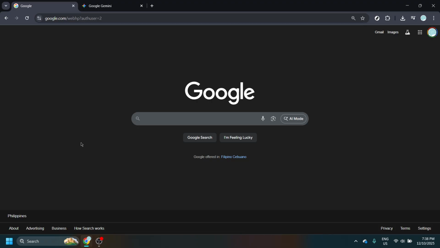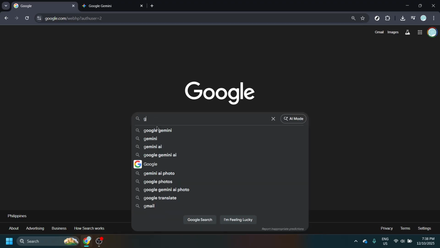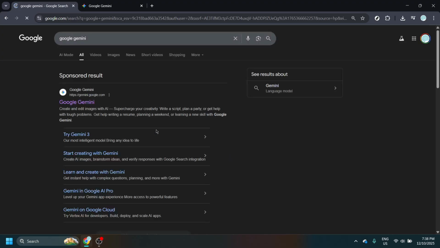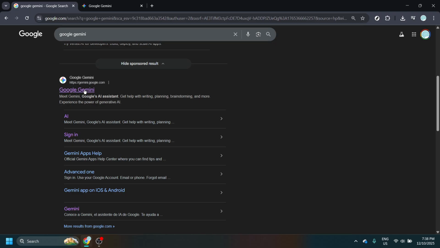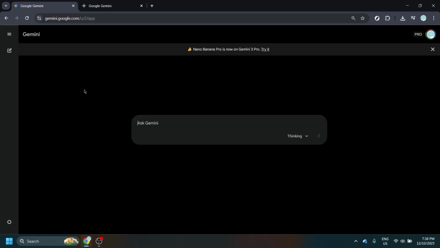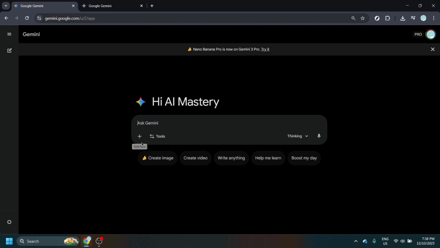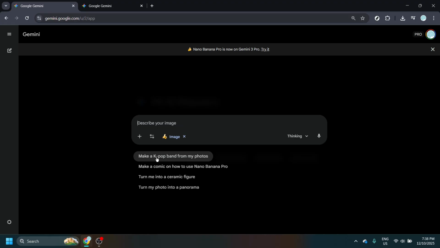In the Google search bar, type Google Gemini and press Enter. You're looking for the official Gemini page from Google. Click through to the site so you can use Gemini's creative features. Once you're in, look for the Create Image button. Go ahead and click it. That action activates Nano Banana behind the scenes. This is the part of the system that turns your ideas and visuals into polished artwork suitable for a movie